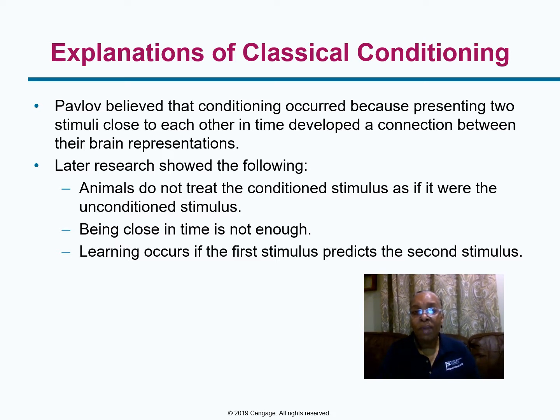It is true, as Pavlov suggested, that the longer the delay between the conditioned stimulus and the unconditioned stimulus, the weaker the conditioning is going to be, other things being equal, okay? However, just having the conditioned stimulus and unconditioned stimulus close together in time is not really going to be enough. It's important that they occur more often together rather than apart. That being said, the conditioned stimulus must be a good predictor of the unconditioned stimulus.